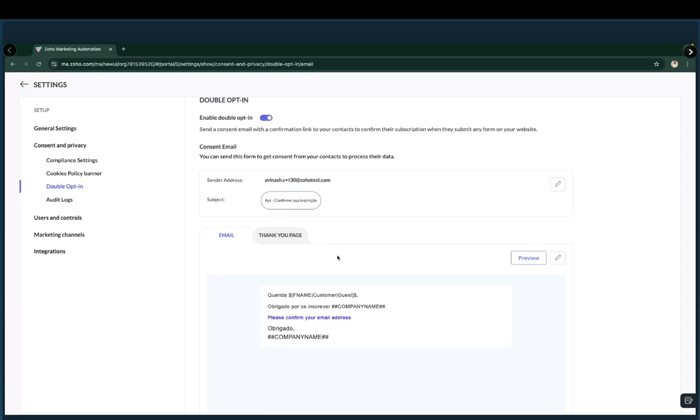Within your form, when someone submits your form, you have a submit button. So when someone clicks on the submit button, they would not be getting added to your account directly, because anyone can enter any kind of email address, whether it is valid or invalid. They can just enter it and they can click on submit. So we don't want you to add all the junk contacts or any contact which is not a valid contact